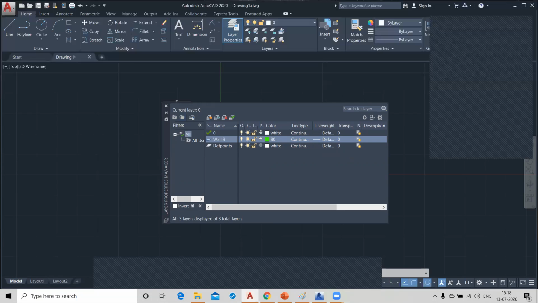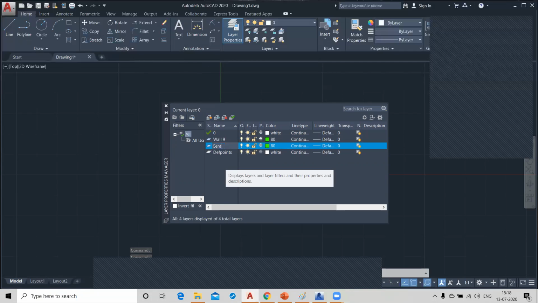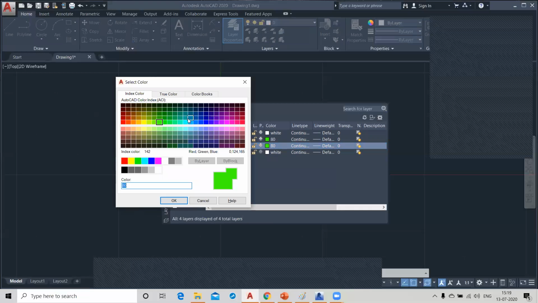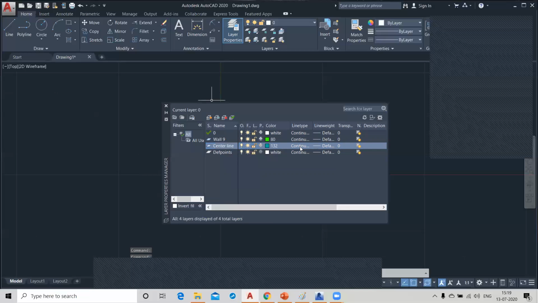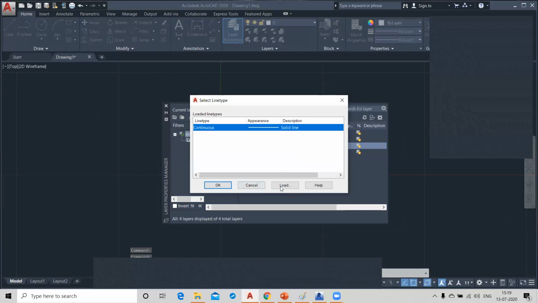If you want to create a center line, you can click another new layer and name it as the center line, and give the color as this one, and choose the line type as center line. There is only one line, the continuous line.